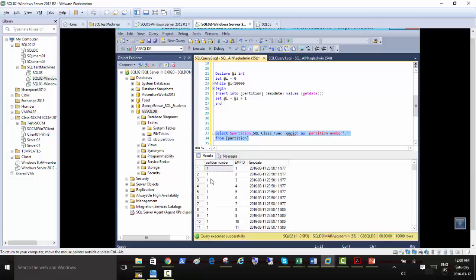So what we are checking here, partition number 1 is going on. If I scroll down, partition 2 is now showing, and the data is still employee ID and the date written there. And if we keep going, 3 is here, and 4, 5, 6. So all the numbers less than 10,000, as the command was saying, create numbers less than 10,000. We could just go for 100,000 here, and it's just going to create that. But it just went there, and all the partitions are showing 6, 5, 4, 3, 2, 1. Okay, that's it for the partitioning table.